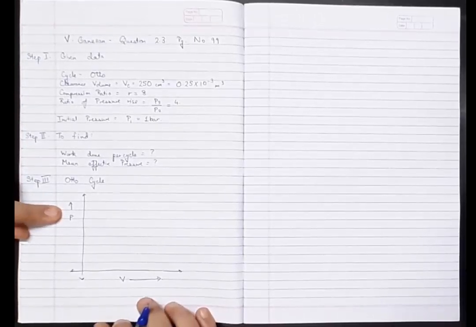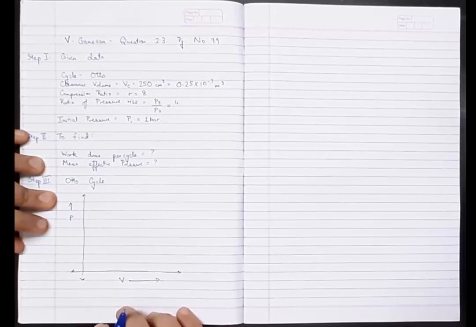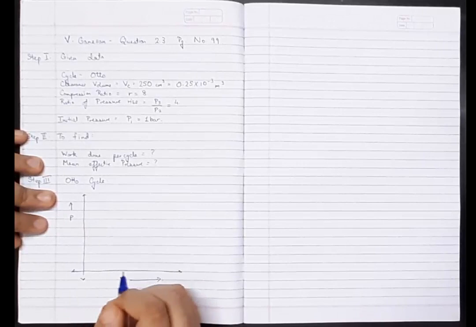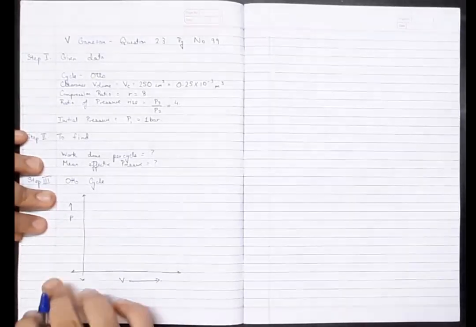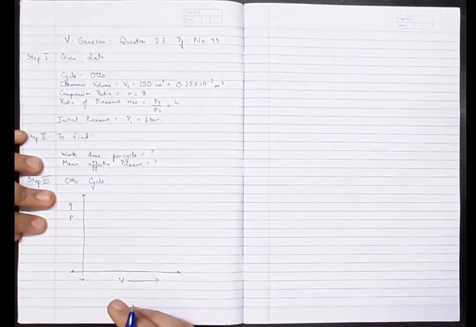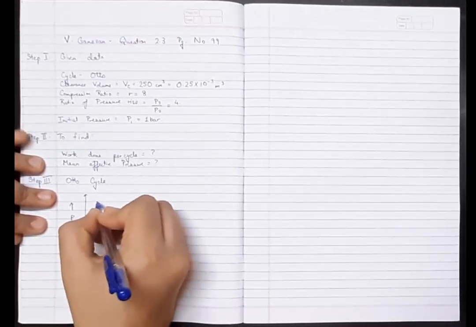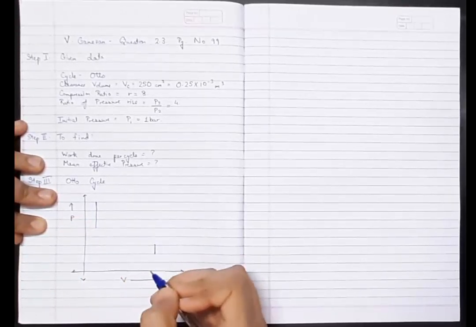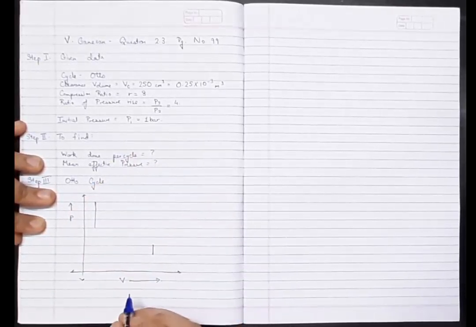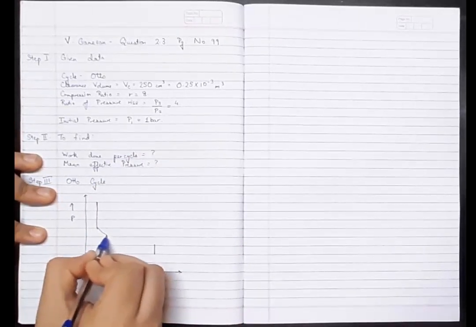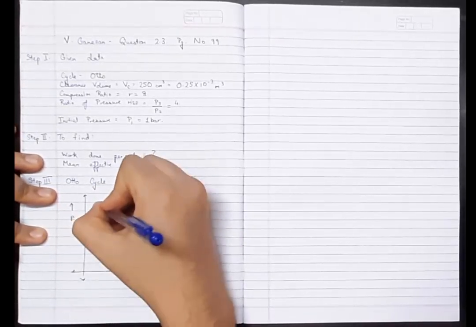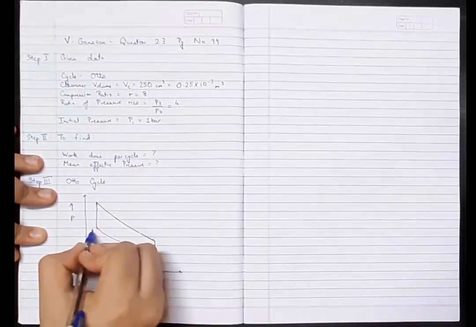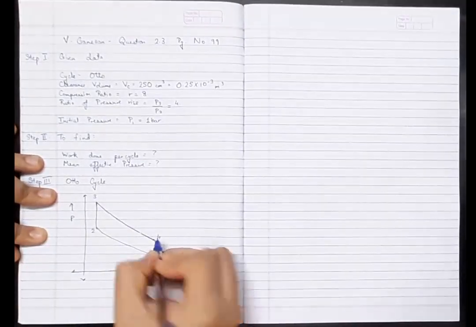So in the Otto cycle, the heat addition and heat rejection both take place at constant volume, which is also known as isochoric. Remember, if it is a heat engine, the amount of heat added will always be greater than the amount of heat rejected. So you have to draw a longer line for heat addition and a shorter line for heat rejection, and then join them by two isentropic processes, also known as adiabatic processes. So this becomes points 1, 2, 3, 4.